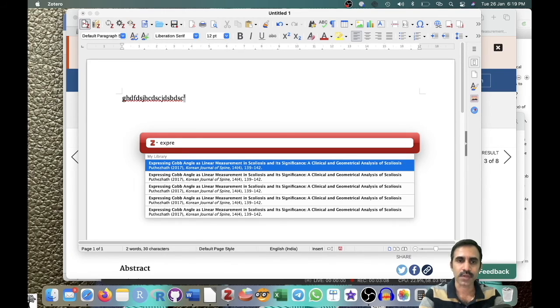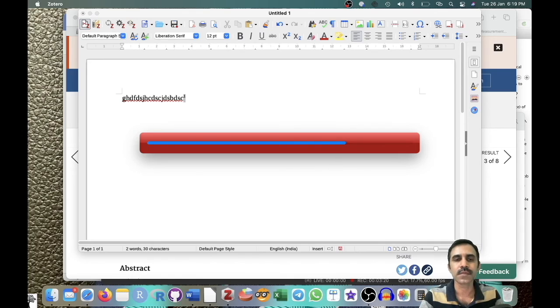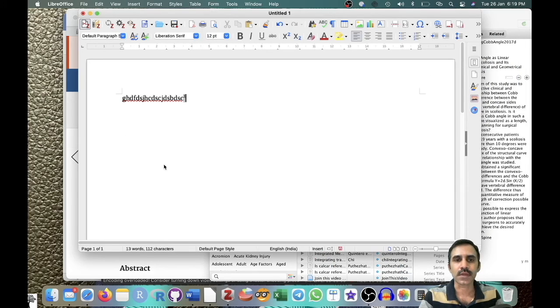You start typing in the title of the article you want to cite, and click on enter, and Zotero has automatically added that article.